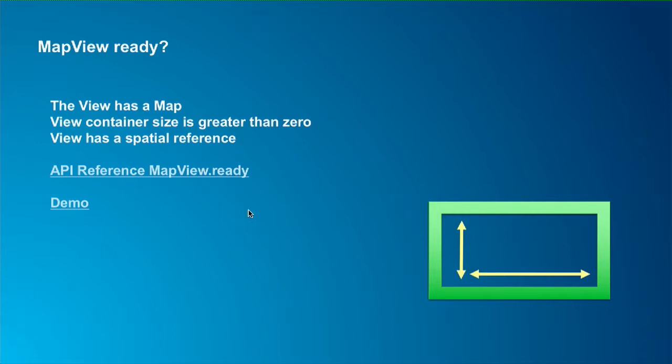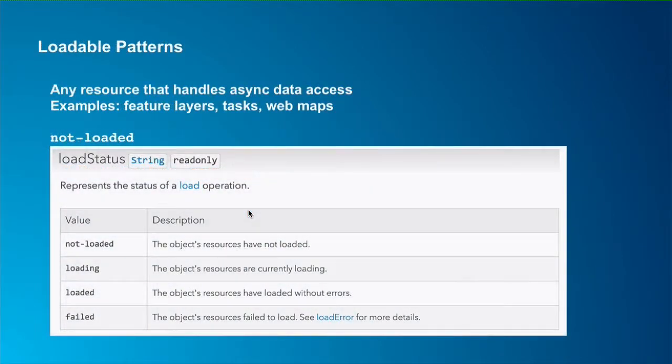And this is a very common thing that happens, is people trying to do things on top of the map before the map is ready. We also have in the 4.6 API a loadable pattern. And this is really handy for determining when things other than the map are ready to go, such as feature layers and tasks and web maps. Any resource where you're doing data access,